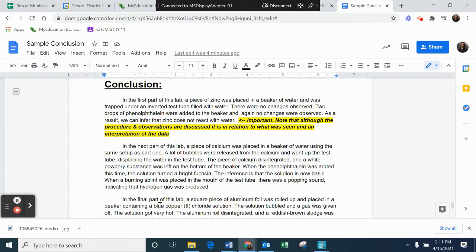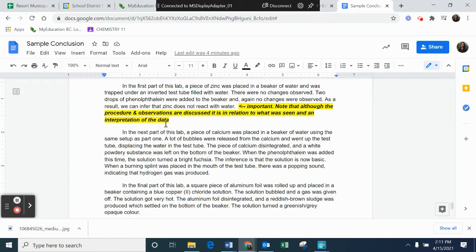It's part of a lab that we did not do, but another class did. And I think it does a really good job of integrating what they saw with what they're inferring. The conclusion really is all about making inferences based on your data and what you did in relation to the goal of the lab. So the first paragraph says, in the first part of this lab, a piece of zinc